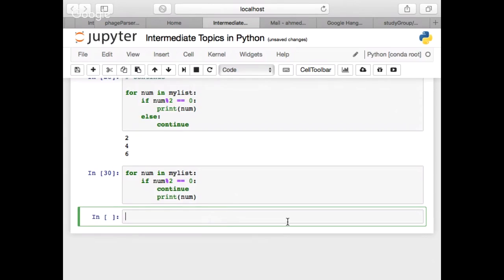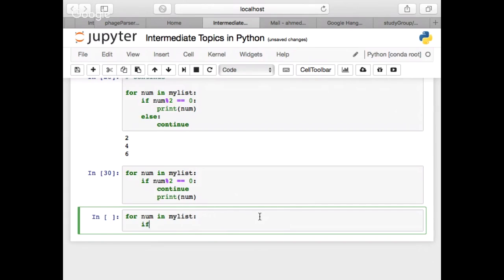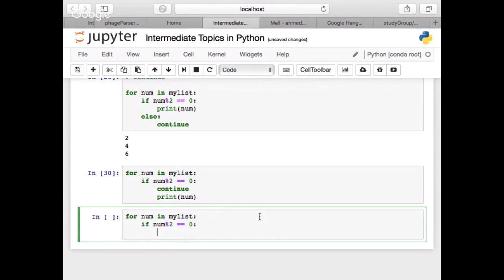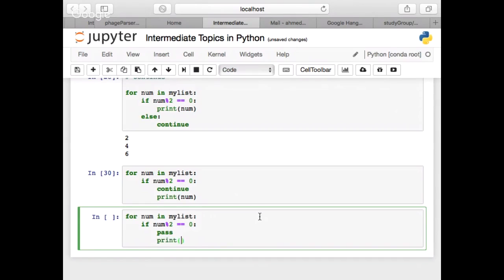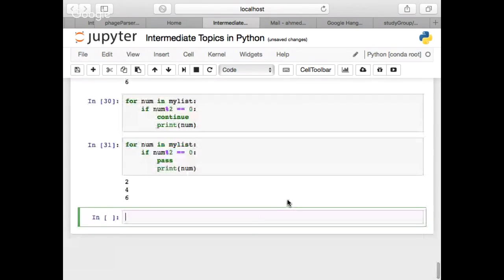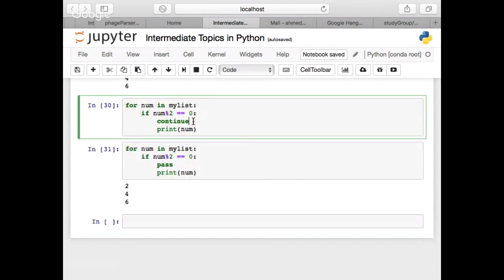The next one is pass. Pass does nothing. Here, I'll just type it out. So pass is the next one I was going to talk about. If we just do the same thing, but in place of continue, we put pass, it will actually print stuff. Whereas continue will stop the loop right here and immediately go to the next iteration, pass doesn't actually do anything. I like to think of pass as a placeholder to make alternative cases explicit. So for instance, one way to do that would be,